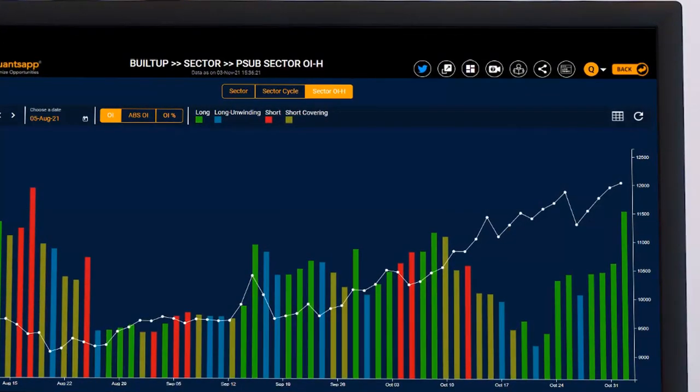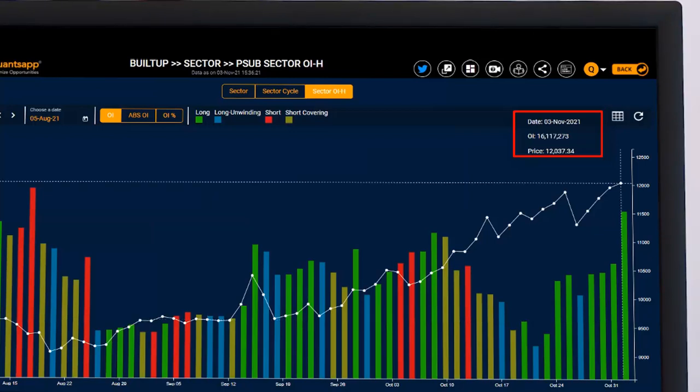So if we talk about PSUs, from 14th of September, the instrument started to pick up long built ups. There were long unwindings, then long unwindings, just 3 short built ups since this date, which is from 9th of September till the current day. Just the instrument witnessed 3 short built ups. Rest, whatever the up moves are, or I would say whatever the down moves in the instrument are, it is only due to the long unwinding scenario.